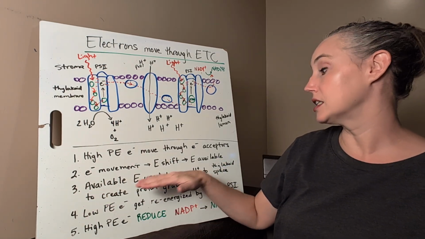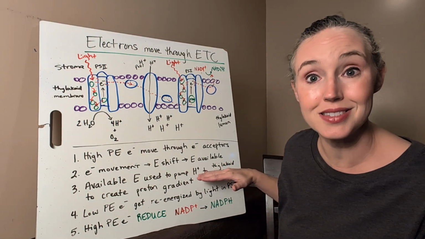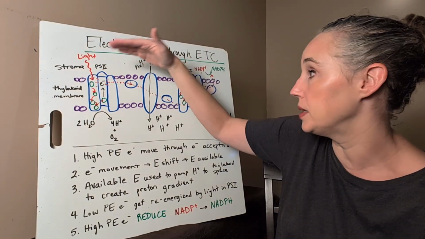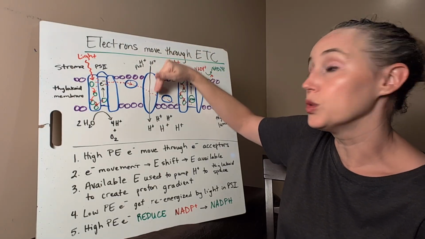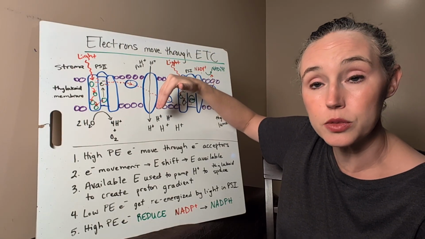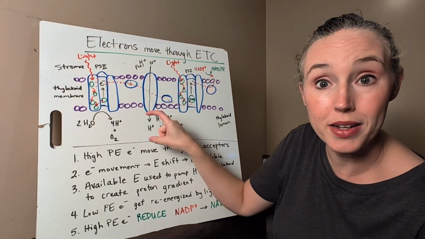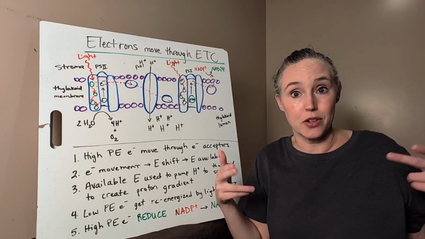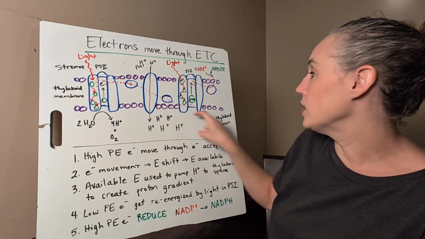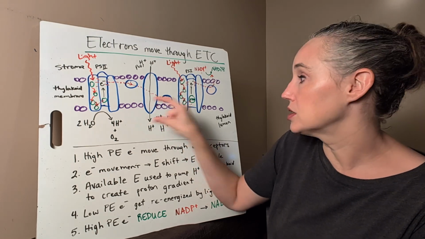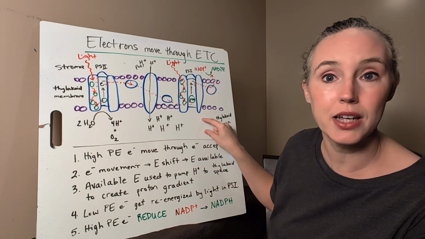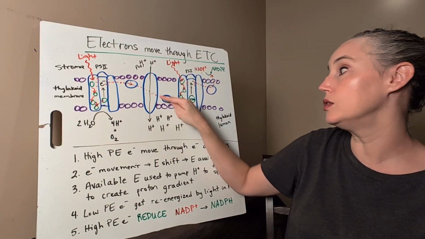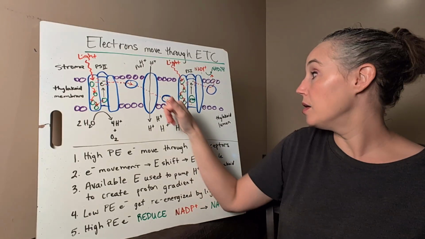That available energy is going to be used to pump protons from the stroma up here. There's a proton pool up here, to pump those protons through this center electron transport chain protein into the lumen of the thylakoid. So we are going against the gradient. That's why it takes energy. So we are building up an area of high proton concentration, a proton gradient here in the lumen. All right. Then once it's gone down, it's going to come over here